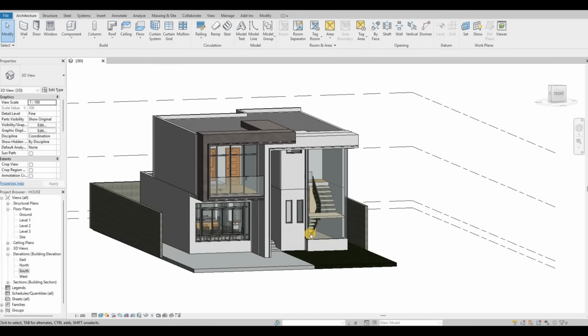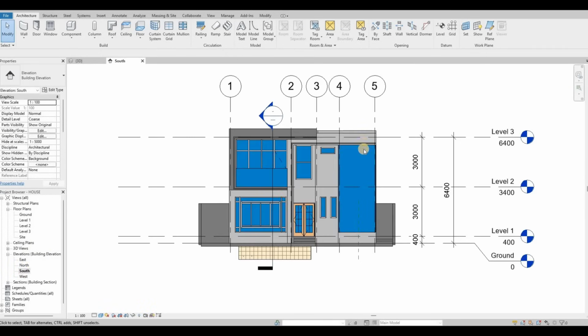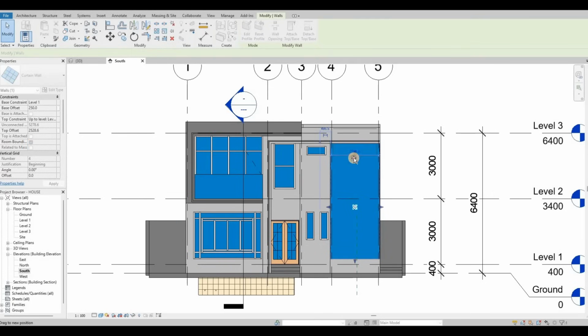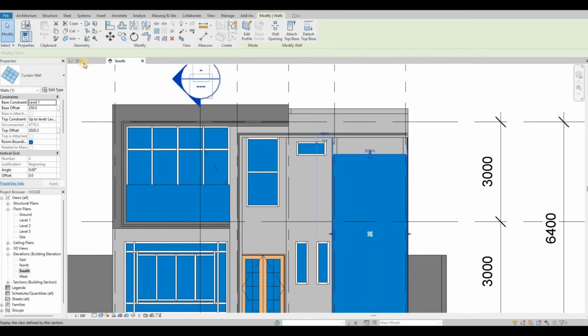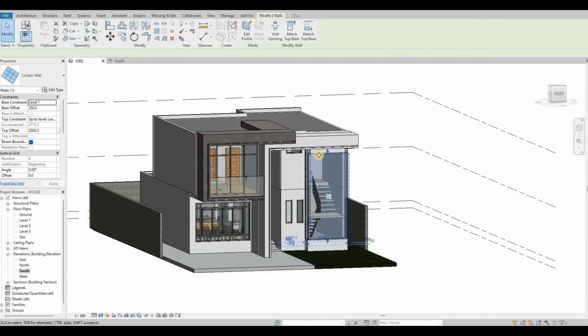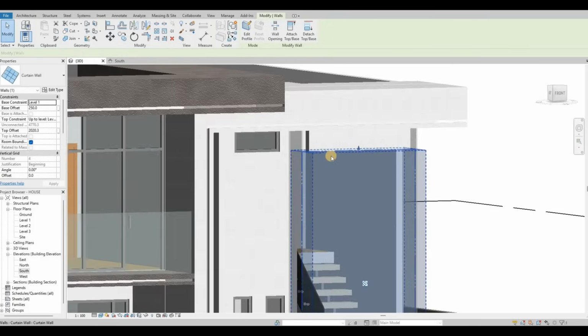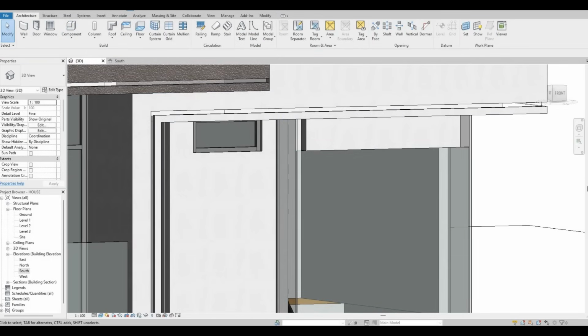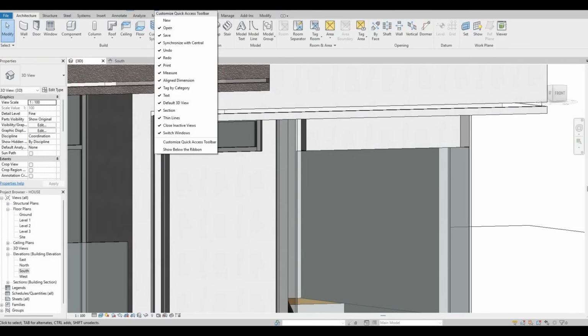So in the last video, we were able to create the extrusions. Now we're gonna continue working on this by going to south elevation, and I want to lower this one down somewhere right here. And then if we can go to our 3D, we need to lower down the other parts. So here I'm just going to put this one